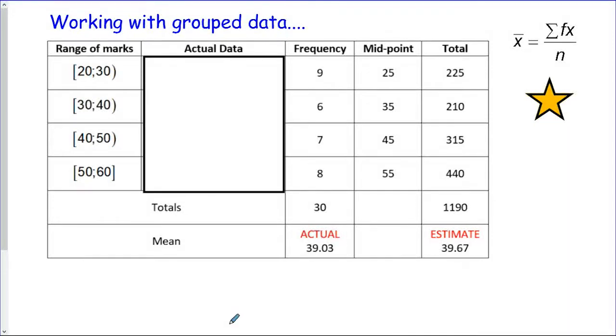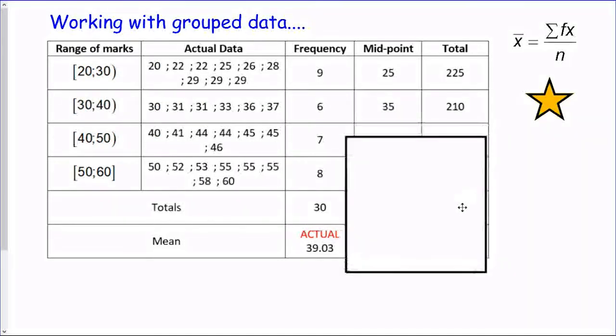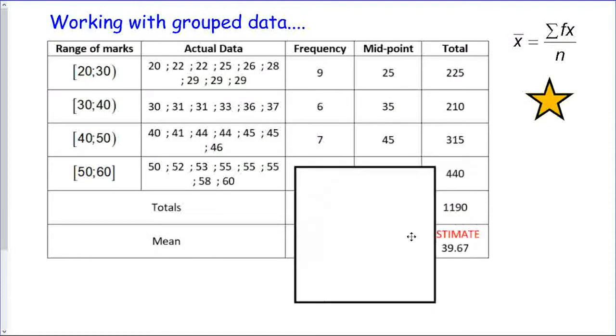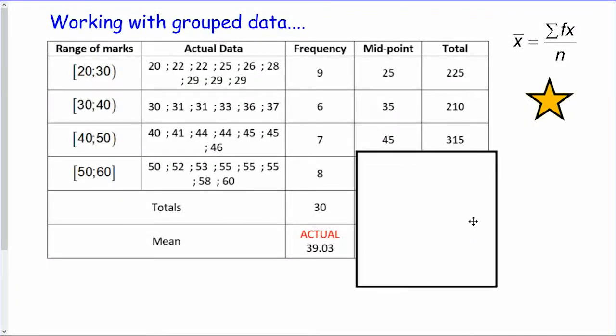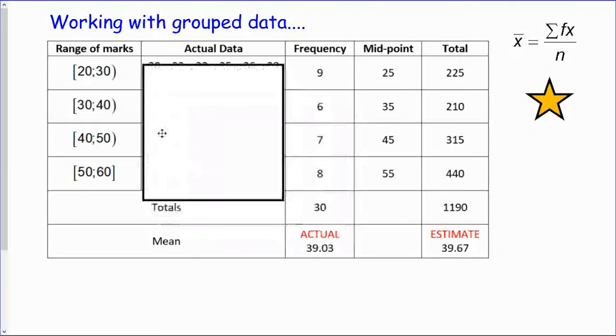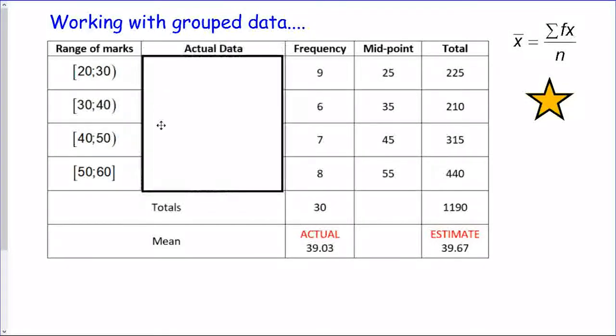So what I've got here is some actual data, and what I've done just to illustrate the point is that there's the actual data, right? And we can work out for this actual data, if we type in these actual numbers, we get a mean of 39.03. Sometimes we're not given the actual data. We're just given the grouped data. So what we've got here is